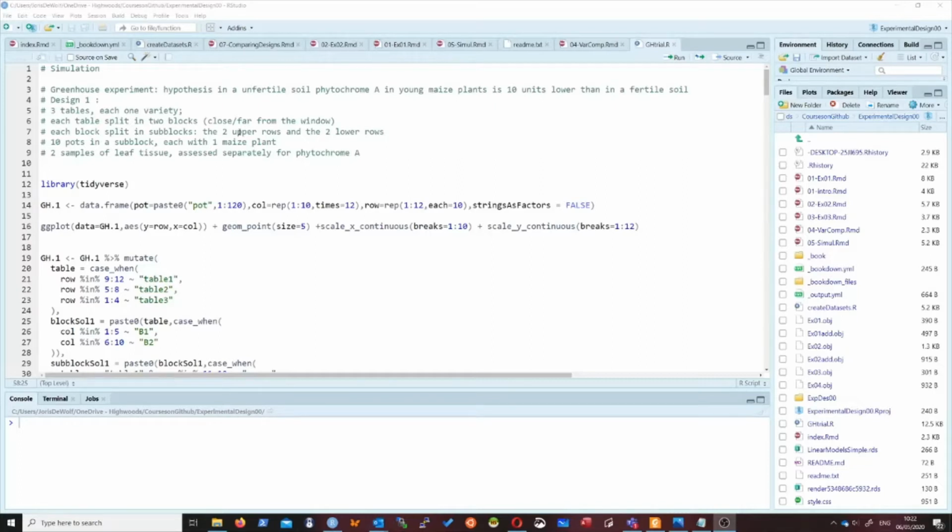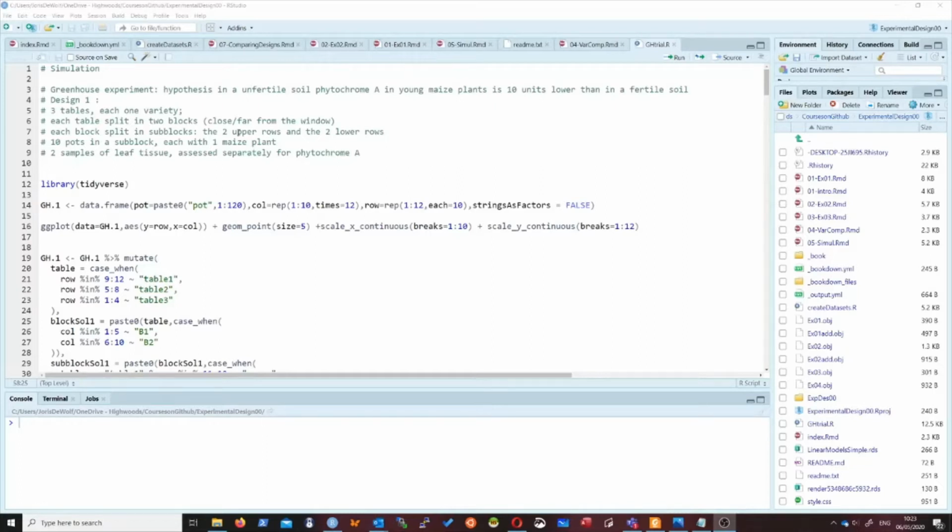We remember that we feared that bigger plants, because they are growing in fertile soil, will be bigger. They will shade the smaller plants, and therefore even more affect the phytochrome A levels than soil alone. So that would be an indirect effect